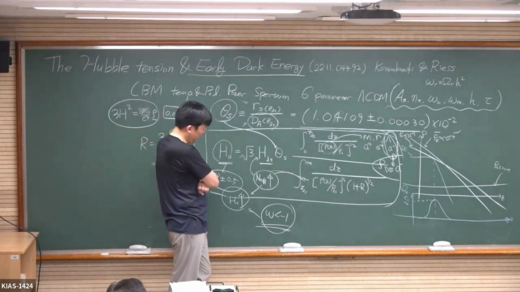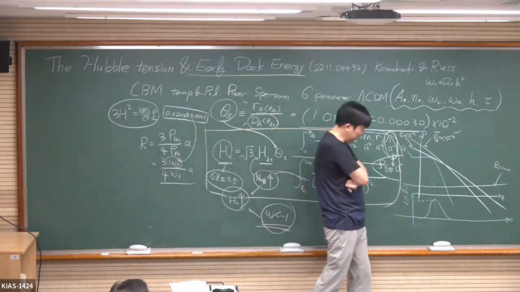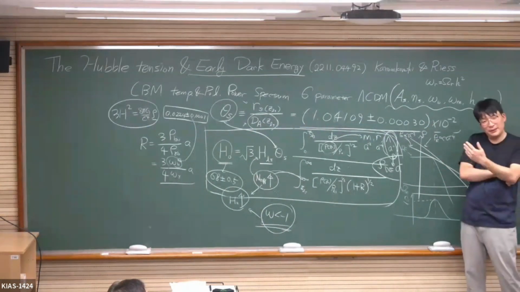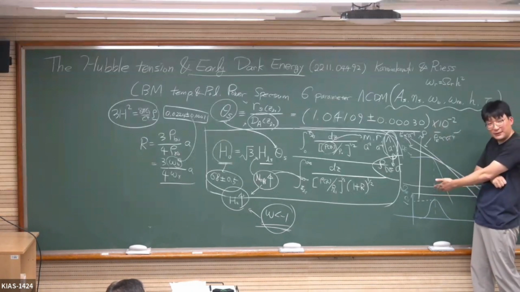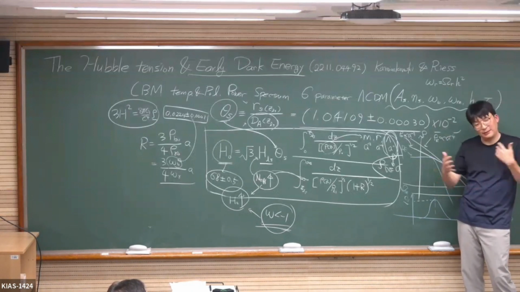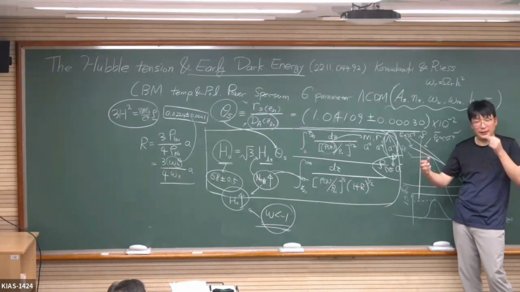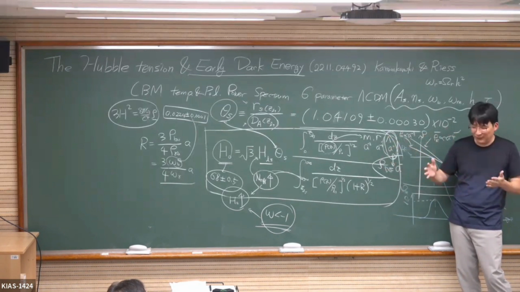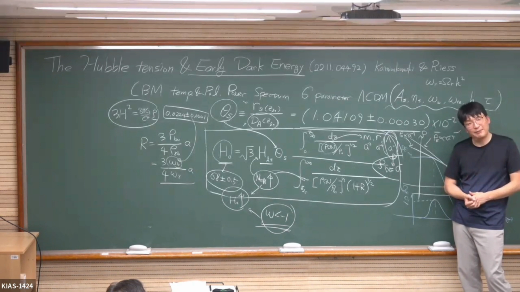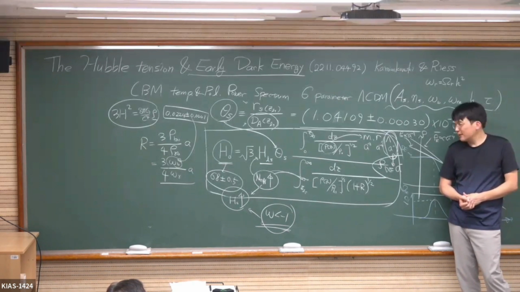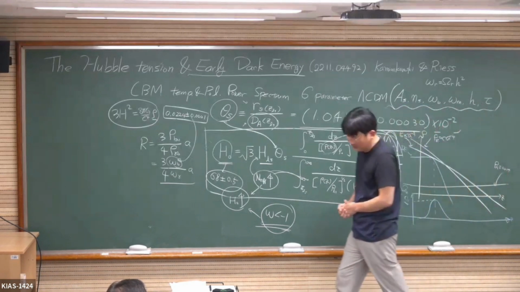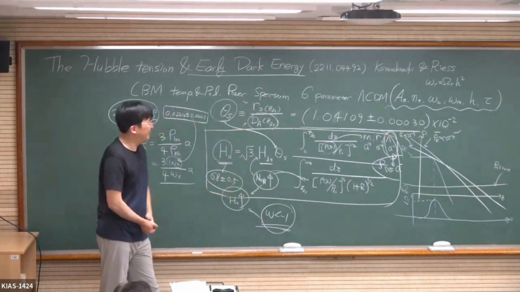And looking toward the future, I think one of the clean measurements that we can expect is gravitational waves. That local measurement is completely free from this acoustic physics. Then you can measure the luminosity distance from gravitational waves, and if you can identify the redshift, then you can have an independent check of the Hubble constant measurement. That's the direction that I think I'm going. In fact, that's what NSF forced me to work on, because they seem to fund me.